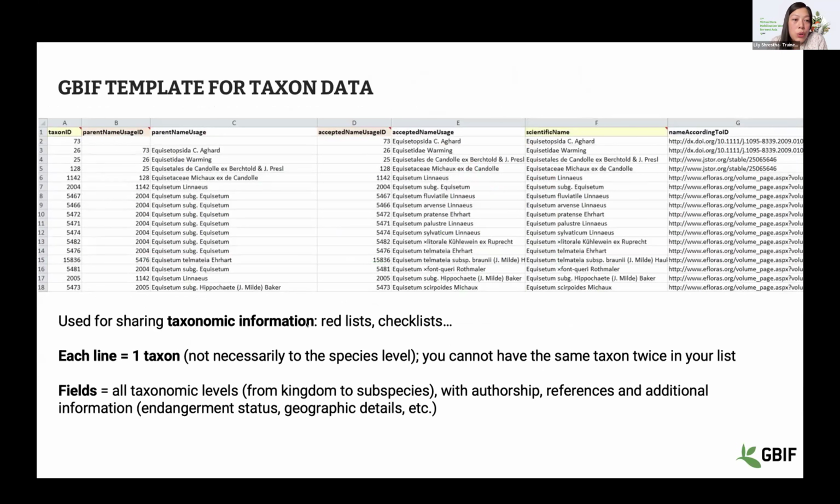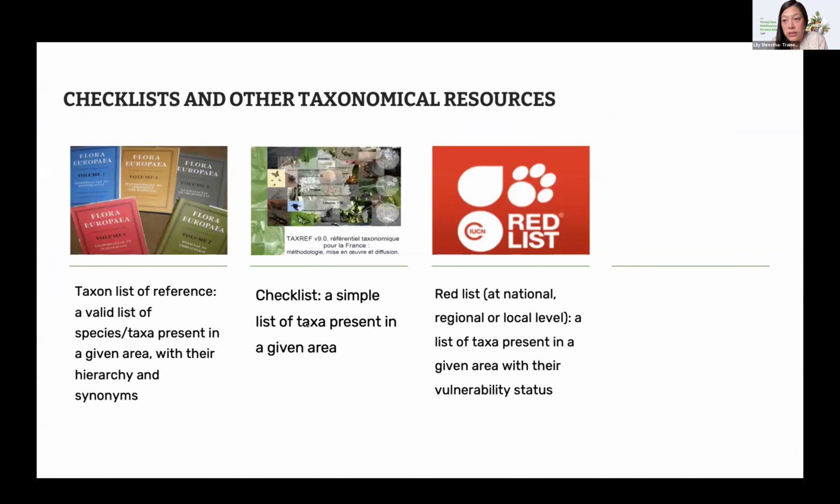Okay. So as I was mentioning, this is a template for taxon data GBIF has provided. So here each unit will be taxon referring to taxon and not the occurrence of the individuals. Basically, because it is a checklist, we cannot have the same taxon twice in our list, because obviously that will